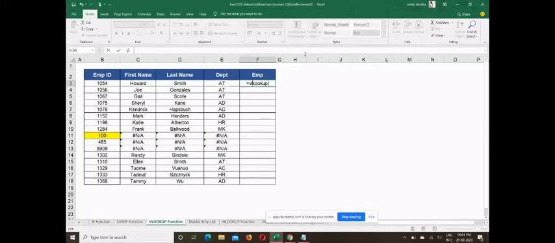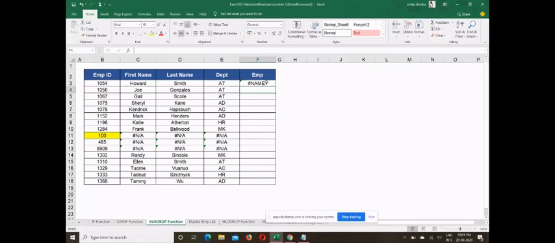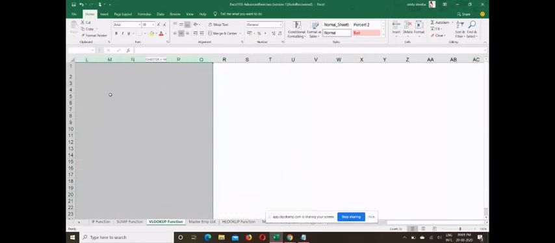Sorry. Constant, master sheet. Here last name is here. So let us try. It isn't giving a result because VLOOKUP works only from left to right, from here to here, this way.